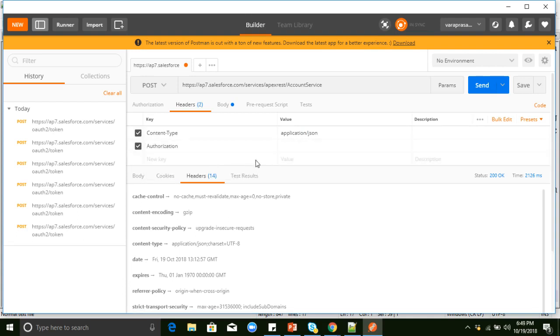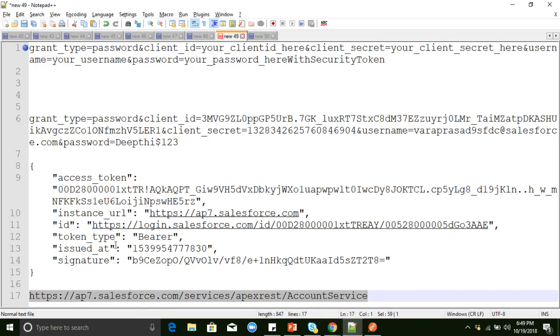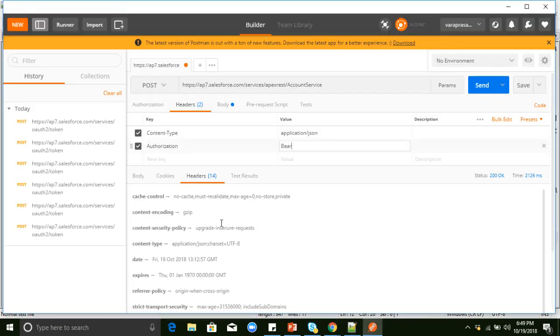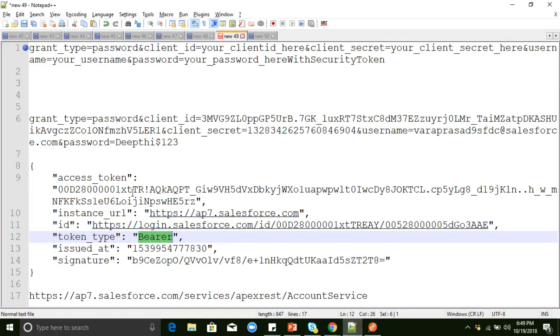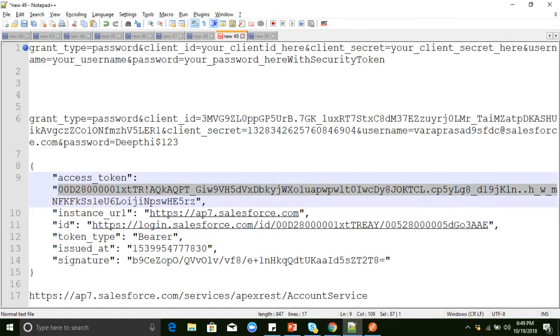How can we pass authorization? This is the syntax, whatever we are getting from the token type equal to bearer, then we give a space here, and copy this access token